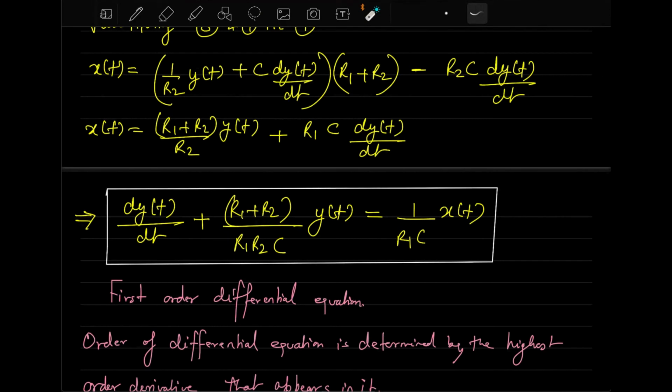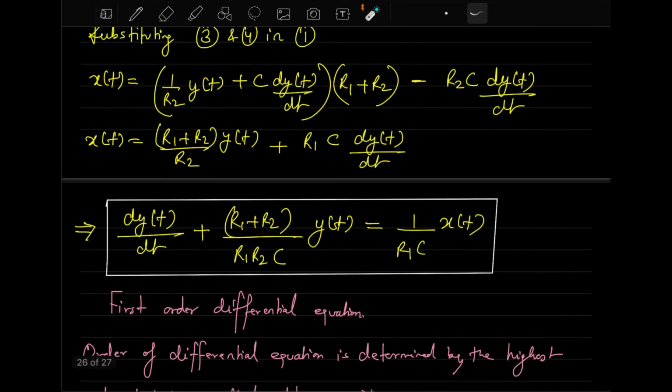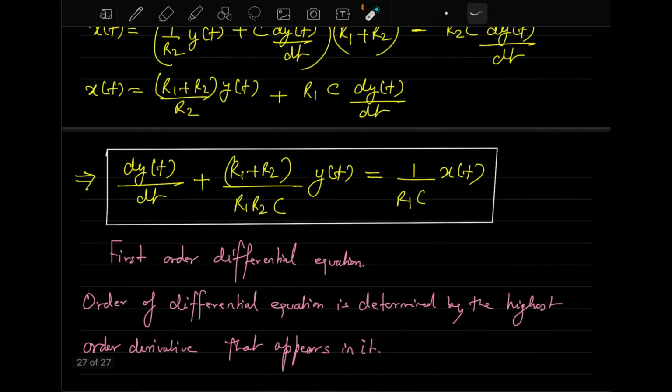Once you solve this, again I am telling you that this differential equation is not specific to this particular circuit. It can be for any system. So if you do some analysis on this differential equation and conclude something, those conclusions will carry over to all systems governed by this differential equation. It's a first order differential equation, the first important thing to note. You know how to find the order: the highest order of derivative that appears in the differential equation gives you the order. So this is a first order differential equation.